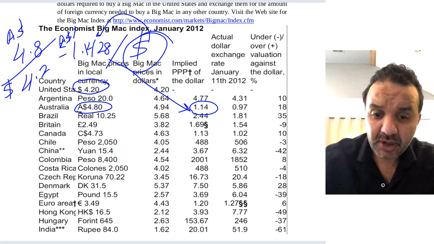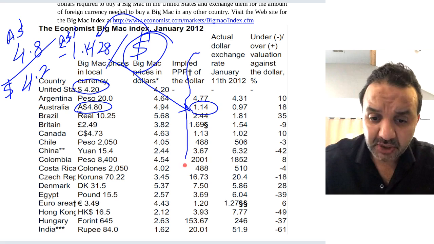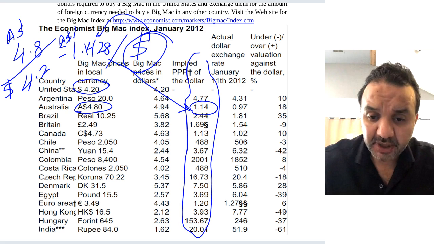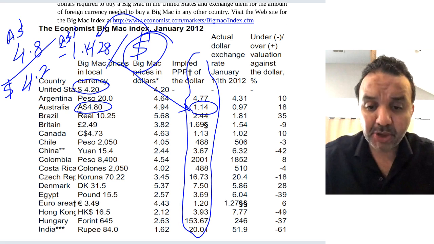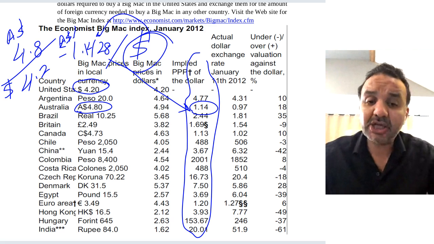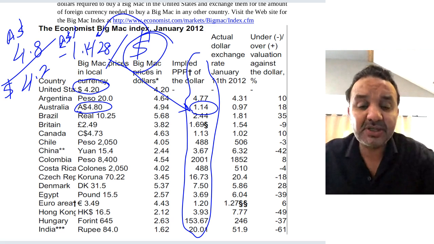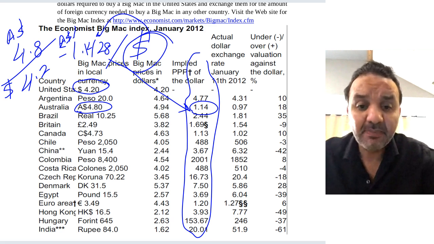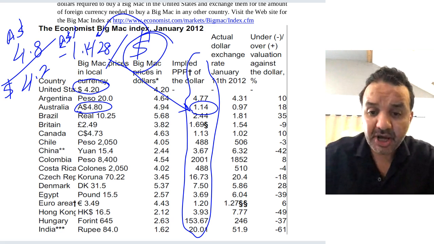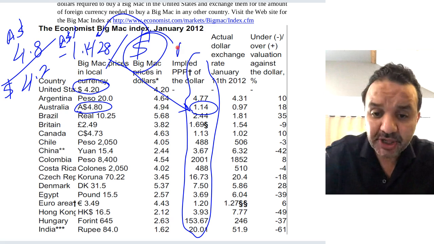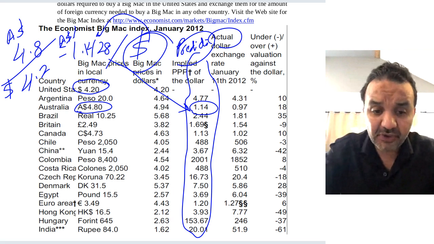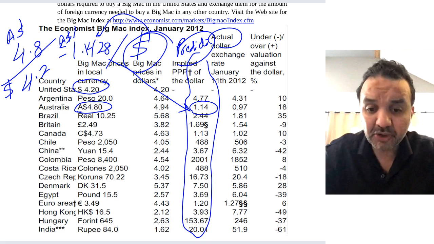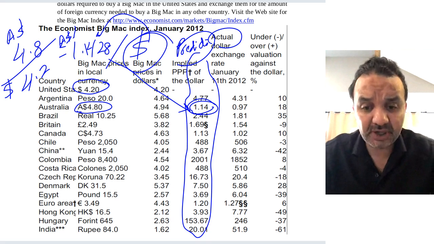Okay, so now we understand this column, how these numbers are calculated. This is called implied PPP. This is not the actual value of $1. This is the predicted value of $1 based on the Big Mac Index. Now let's compare. This is the predicted, and this is the actual. So let's compare the predicted to the actual. For Australia, the Big Mac Index predicts that $1 should equal 1.14 Australian dollars,